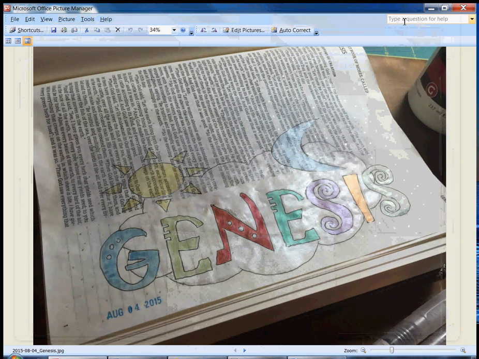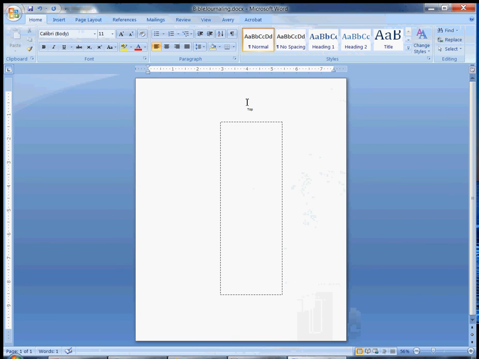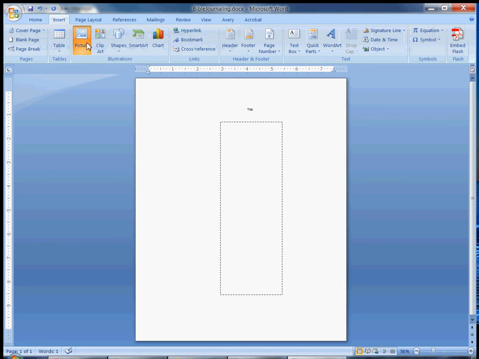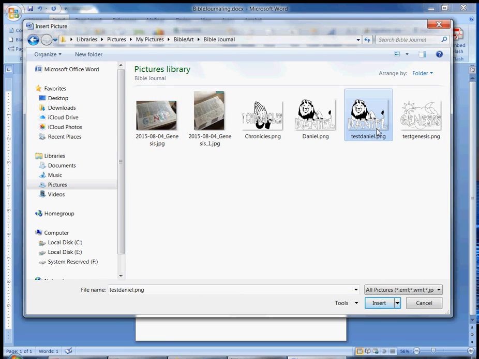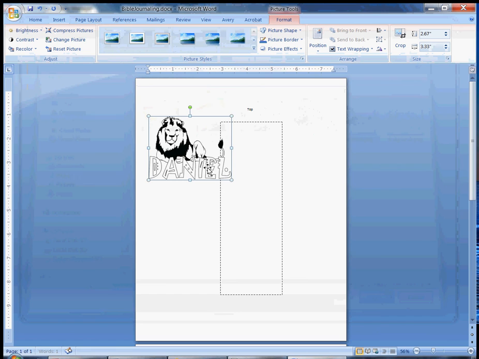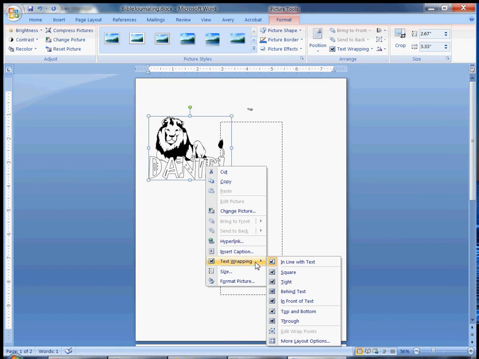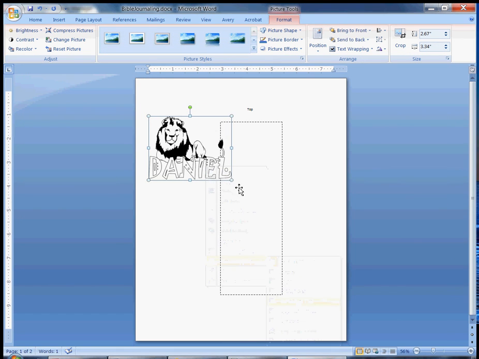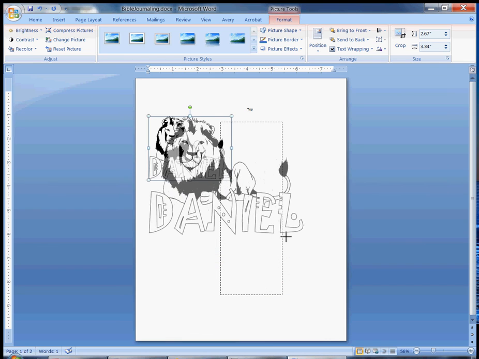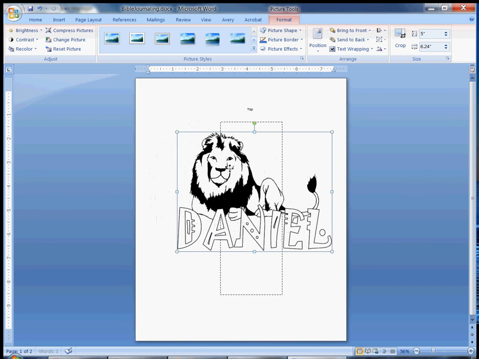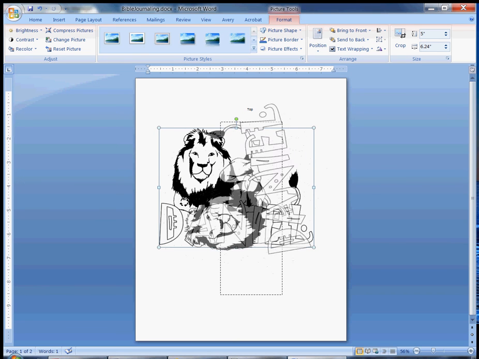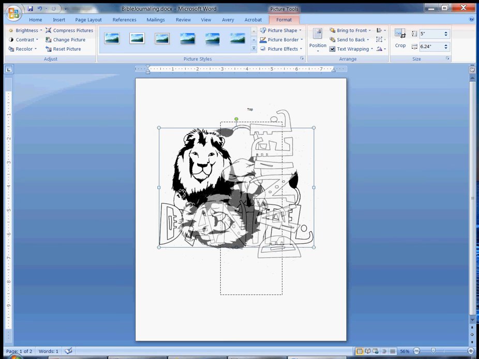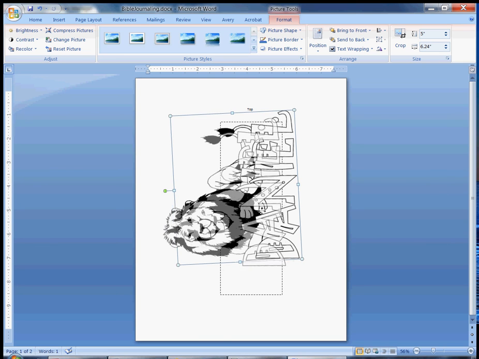I'm going to minimize this. I'm going to come back to my Bible journaling document. I'm going to say Insert Picture, and then we're going to go in here and choose the Test Daniel PNG that I've made. Right click and say Text Wrapping, say in front of text, so that you can move it around. And now you'll see that it's transparent background, and I can work with it really easily